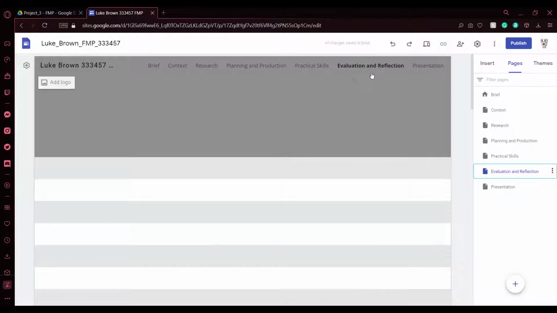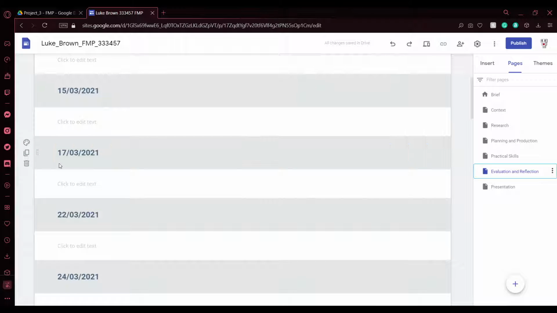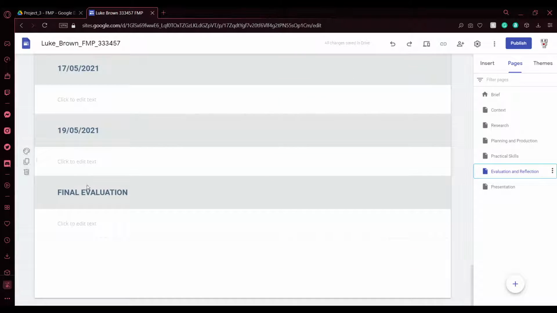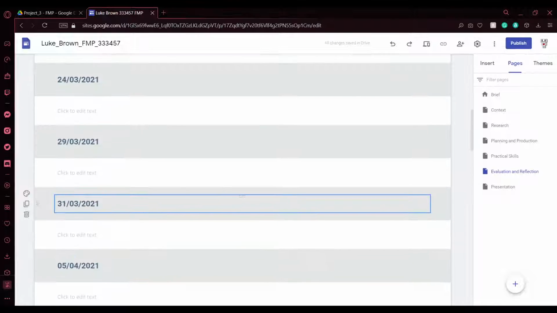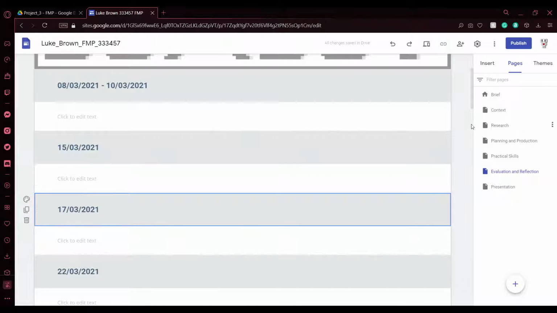And of course, we reach the point of the evaluation, where I've pre-planned every Monday and Wednesday, the days of importance, and then a final evaluation. Though I will also likely be doing extra evaluations in between these times, because I don't want to just do 2 days a week. I want to work as much as I can so I can get this game done.